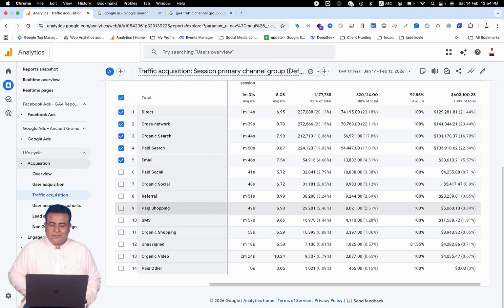Now go to paid shopping. You can see that it is traffic from shopping and product listing ads. It comes from Google Shopping ads, product feed campaigns, and e-commerce ads with product images. That is paid shopping, and that is high purchase intent traffic also. And if I go to SMS, it is traffic from text message marketing, and you can say that it comes from promotional SMS links, OTP or reminder links with tracking. On any platform you can add the UTM parameter with SMS, and it will appear in Google Analytics 4. It is useful for instant engagement